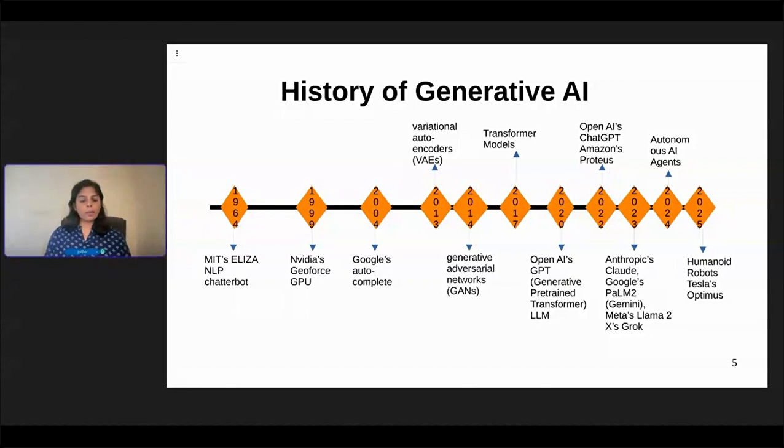So this was up in 2014, and then in 2017 we started having the transformer and diffusion models in place, where the transformer models will have an encoder and a decoder, right? And then vectorization came into the picture as part of the transformer. And then the data that is processed will be stored as tokens and embeddings, right? So vectorization will happen, tokens will be generated, and then embeddings will be generated. So embeddings are nothing but the mappings and the related words grouped together, so that when you say something, you get a response from the theory of relativity, right?